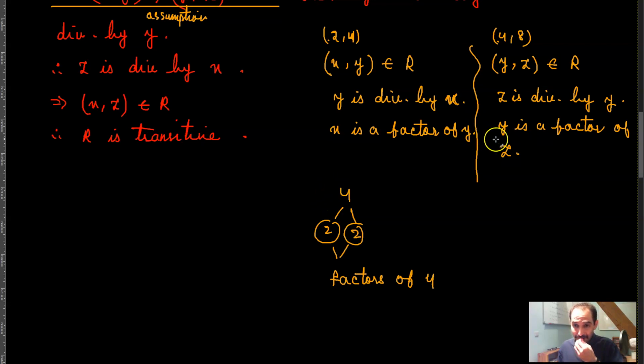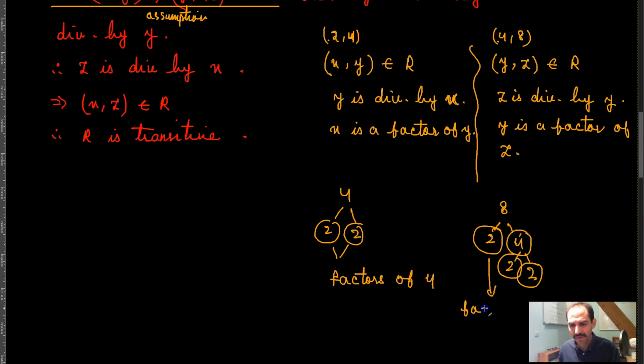And over here I'm saying that y is a factor of z, meaning that if I take 8 and prime factorize it, I get 2 times 4 and then 2 times 2. So 2 and 2 and 2. All of these factors, including this one,